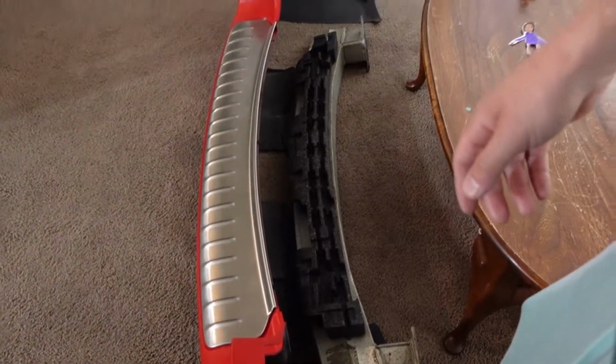And then other small parts we needed, I just got at the dealer, like some exhaust mounts and the hood latch bracket. And there's actually a piece on the rear bumper that I ended up getting at the dealer too. And now this rear crash bar is the only thing I got at the junkyard, which is kind of funny